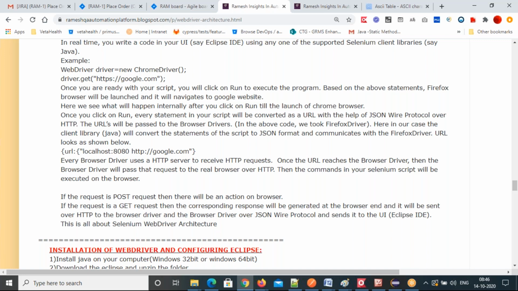That server will communicate with the real browser application. The action will happen on that, and the response you will get back. That's how WebDriver works.